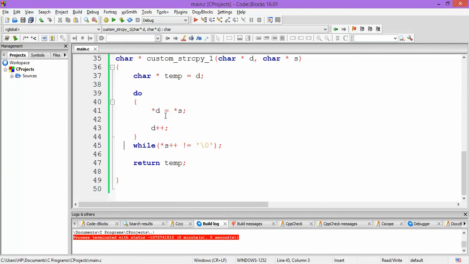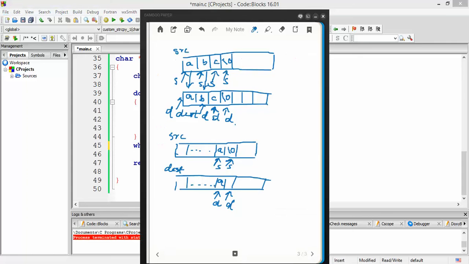So we would go to the next iteration, and again this asterisk s would be assigned to asterisk d. Now asterisk s is nothing but this null character, so it would be assigned to whichever location d is pointing to. So after that d would get incremented.